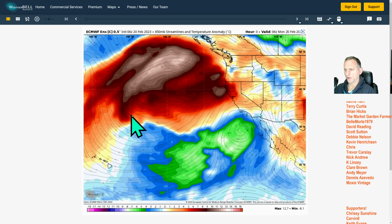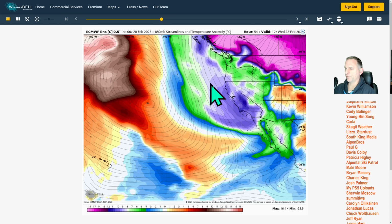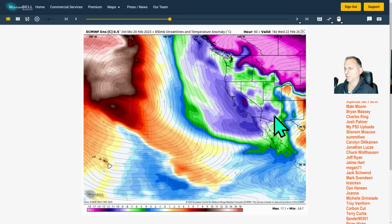Now let's go ahead and put this into motion here, and you can see the ridge dominating. This is 5,000 feet, 850 millibars. You can see the streamline of the winds with this ridge of high pressure. Put that into motion. You can clearly see the arrival of this cold air move all the way down the state. Again, kind of moisture starved with the first portion of this frontal system coming down,